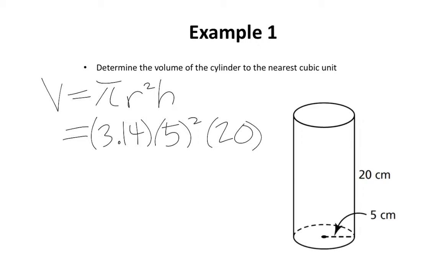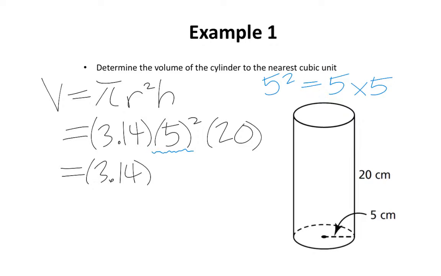The thing you want to do is simplify 5 squared. So remember, 5 squared is not 5 times 2. It is 5 multiplied by itself. The 3.14 is going to stay exactly the same. 5 squared is 5 times 5, which is 25. And the 20 stays exactly the same. So at this point, all you need to do is take 3.14 multiplied by 25 and then multiply it by 20. And if you do that in your calculator, you should get